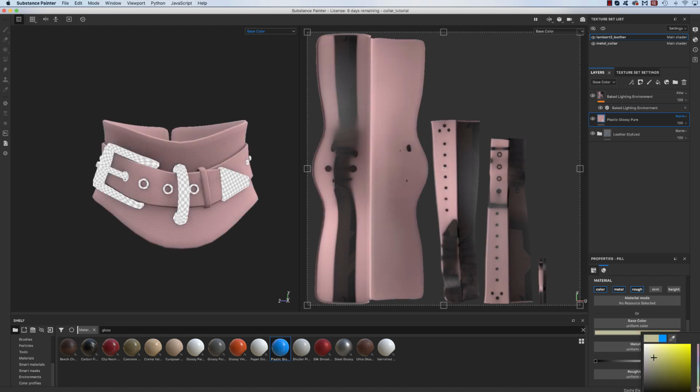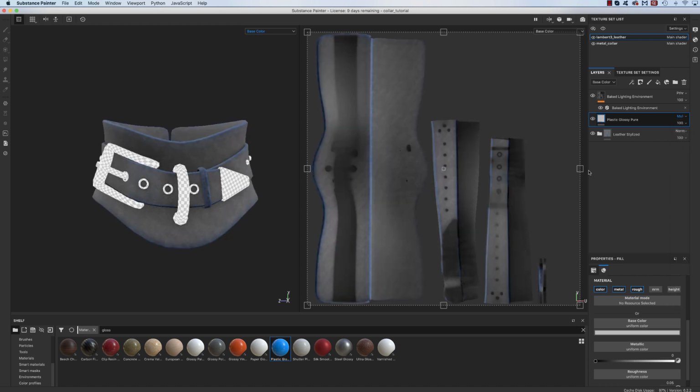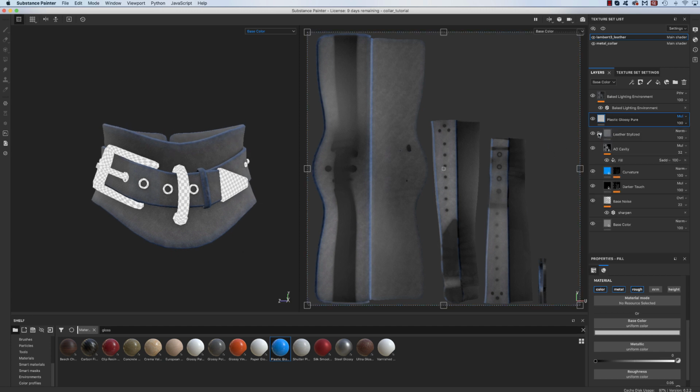Change that, because I literally want only the shine effect from it. And I'm going to multiply because I want all my other effects in there. Something turned blue, my curvature turned blue. We don't want that. The curvature is going to be gray. Okay. And now